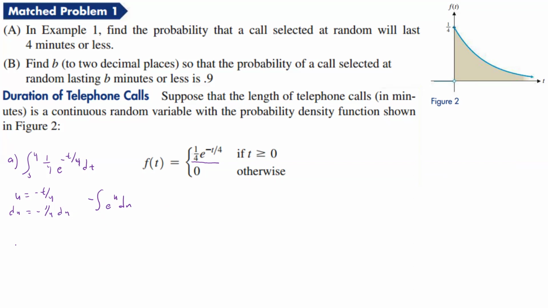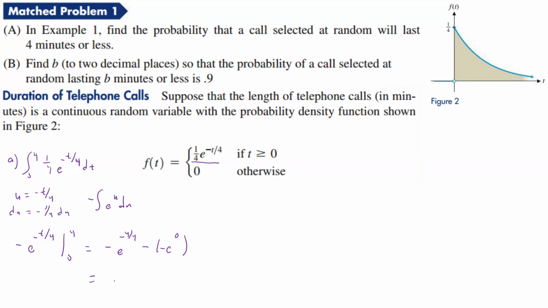We're going to have a negative e to the u, because the integral of e to the u is u. And we put our u back in here, t over 4. And we're going from 0 to 4. All right, so that's going to be equal to what? Well, negative e to the minus 4 over 4, and then minus negative e to the 0, basically. So this is going to be plus 1,